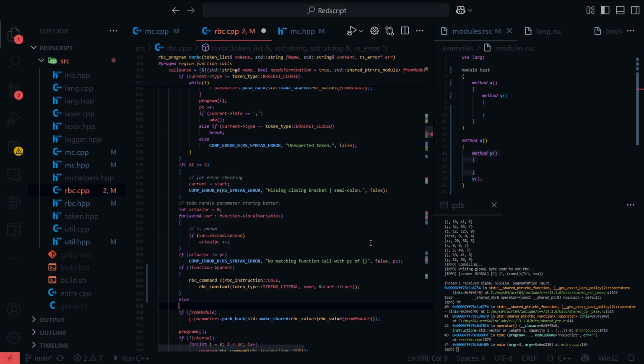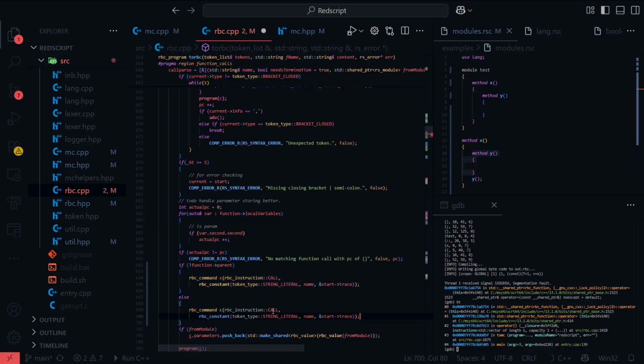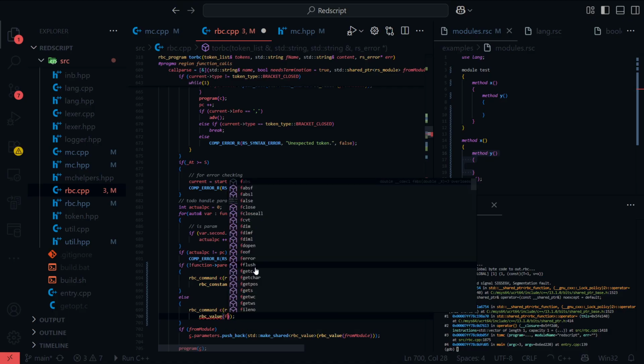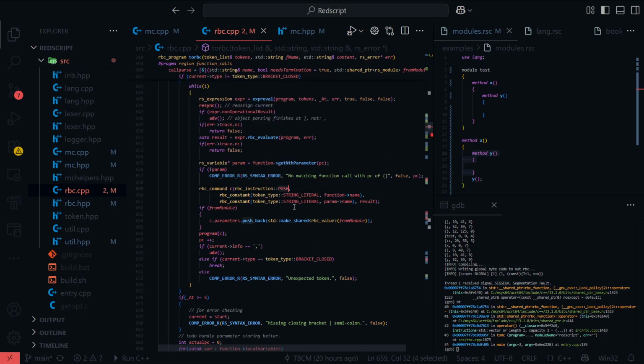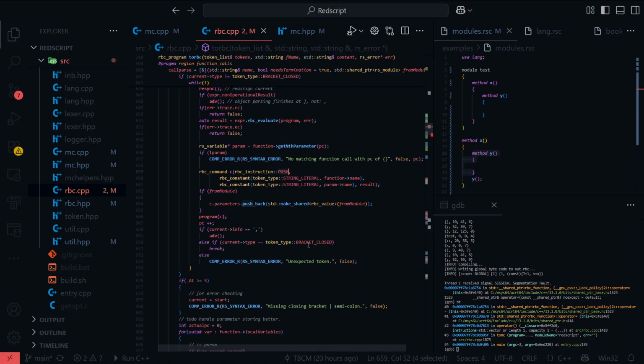And if it does have a parent, we're just going to do a call instruction with the first index just being a RBC value of function. But that's not working because